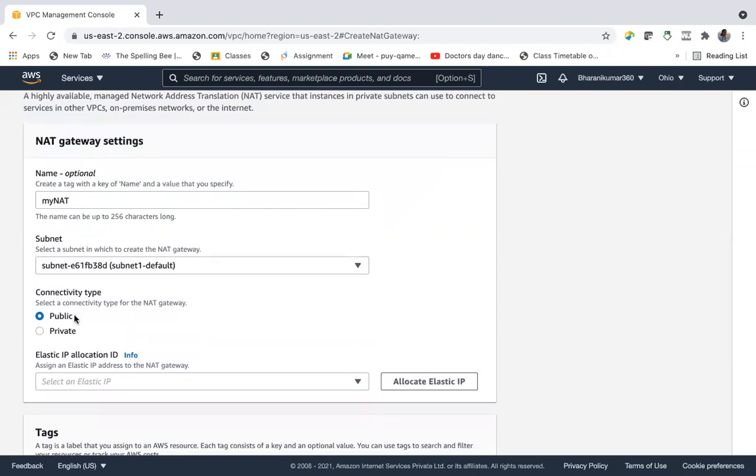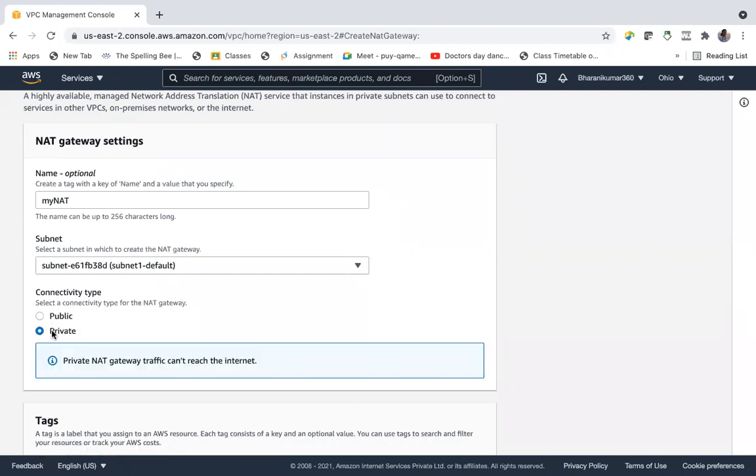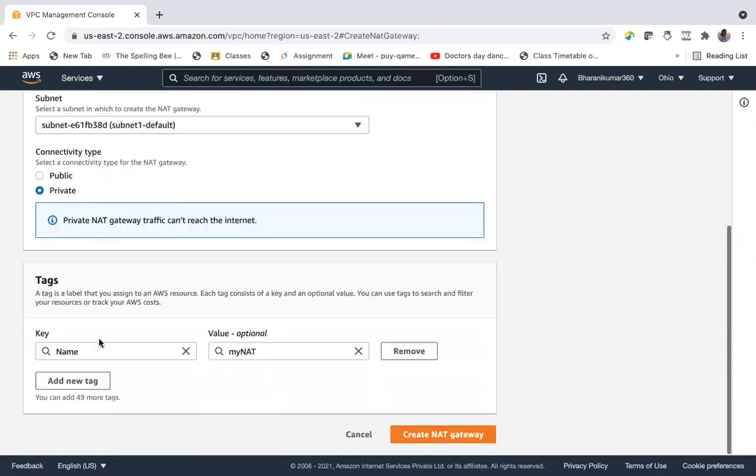Connectivity type, we want the NAT gateway as public. You can also use a private NAT gateway. A public NAT gateway is to communicate on the internet, and a private NAT gateway is if you want to route the traffic using the NAT gateway to other subnets.